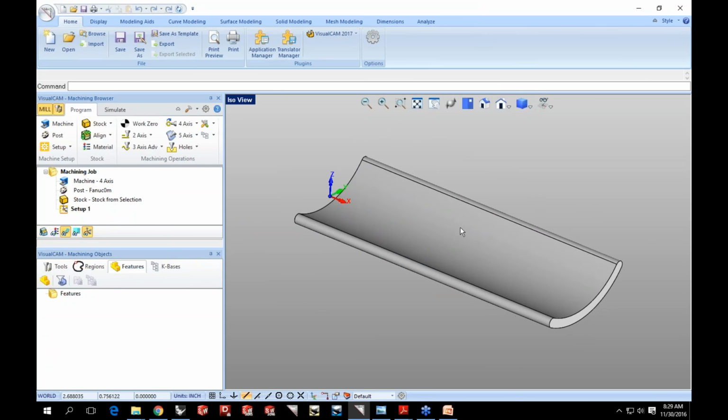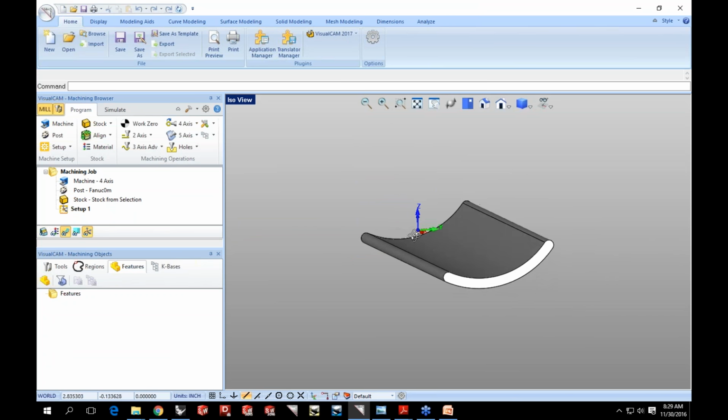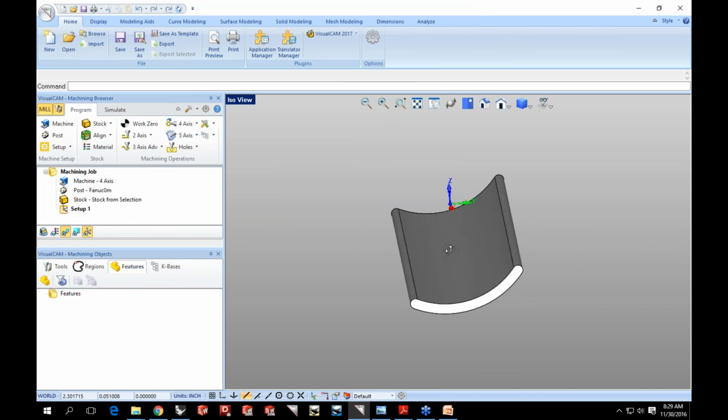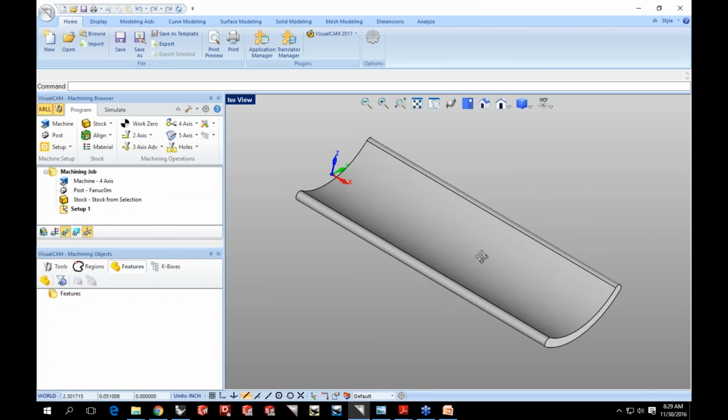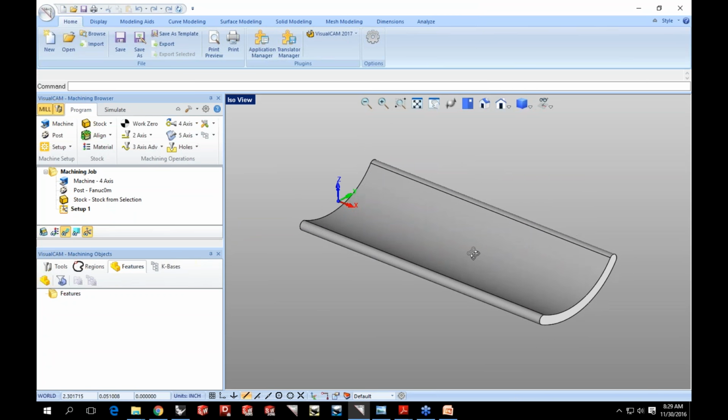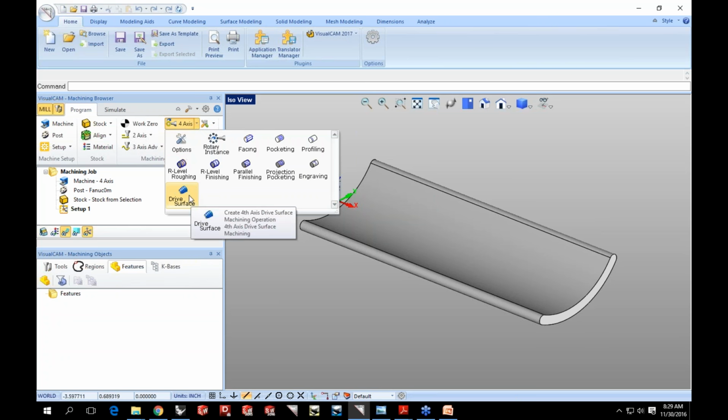So what I have here is a part that has features that are dipping below the rotation center. And parts like these, we were unable to efficiently program in our earlier versions. Now with the 2017 release in the 4-axis methods, you will see that there's a new method called drive surface